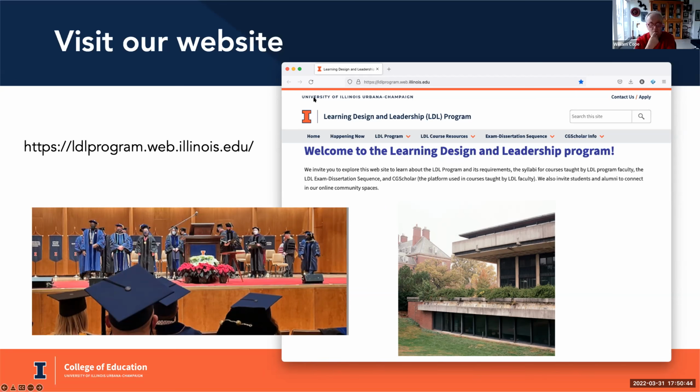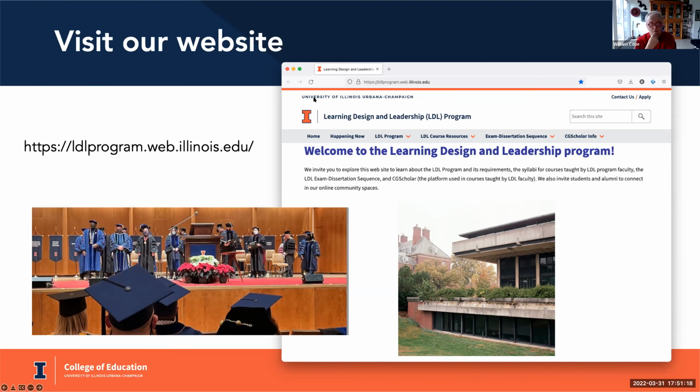Yes, and by the way, Kate asked the question, would success in the certificate positively affect the application? Please emphasize that in the application and emphasize it up front so we notice it, right? Because we will prioritize people who have already been working at the U of I and working successfully. Because we have so many applicants, that's just the way we have to do it. And some of the people who don't make it in, we say, look, why don't you do some courses first, and it'll help you get in the next round.